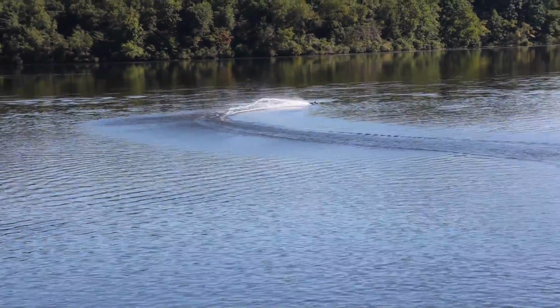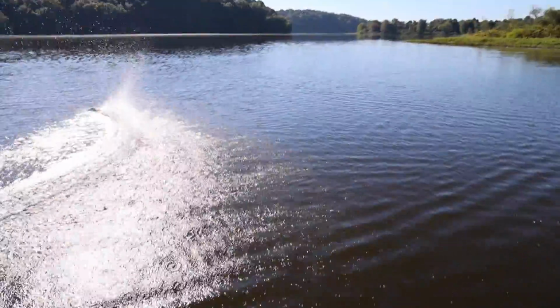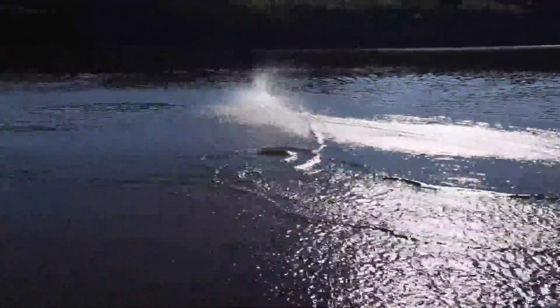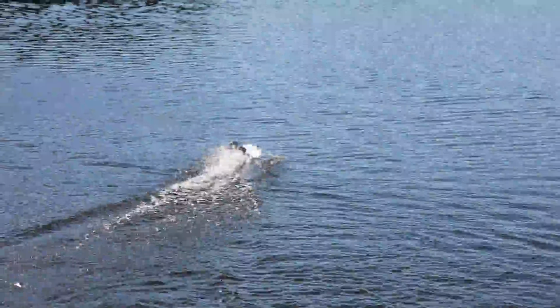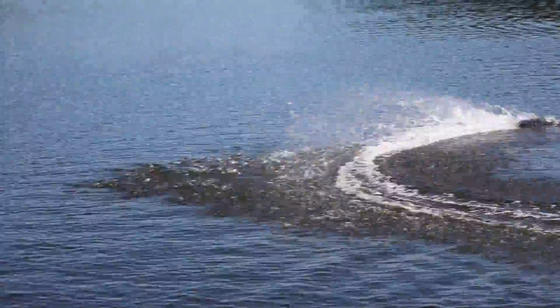This is my happy place with RC boats. This price point is awesome. You can hand this controller to anyone and they can have a really good time with it. This is fast. It kicks up water. You get close enough, you're gonna get soaked. I mean, it's just a fun setup. It's a fun setup. It has self-righting. So if your boat flips over, you don't have to have a kayak to go get it. As long as you stay out of the lily pads with something like this, you can have a really good